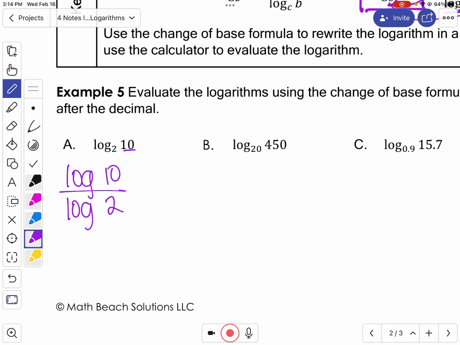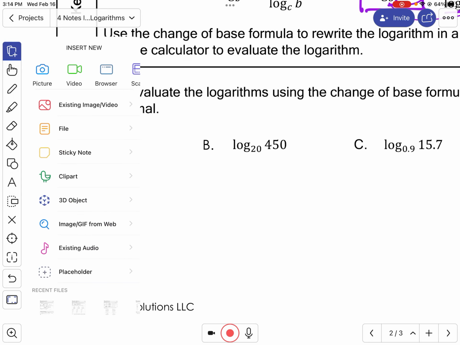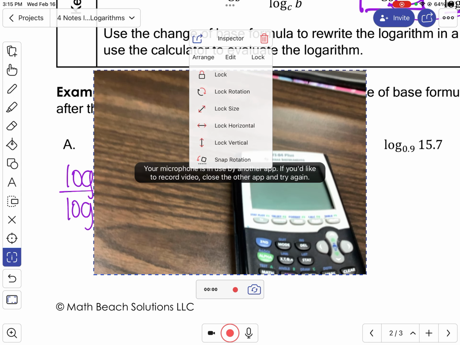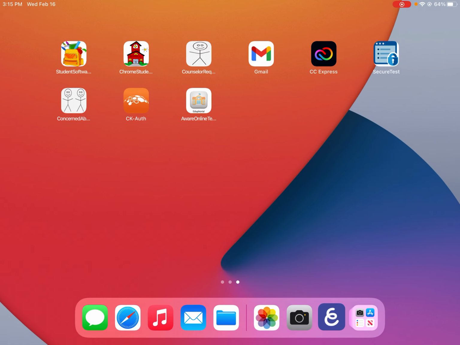So a great way to remember your change of base formula is the base goes in the bottom. So the base was 2, it goes in the bottom, okay? So the reason I'm doing this is because, actually I don't want to do that. On my calculator,